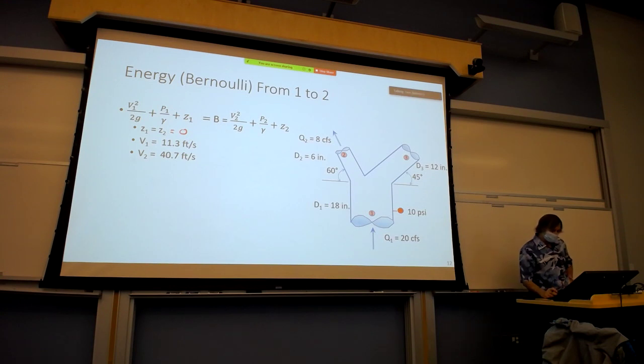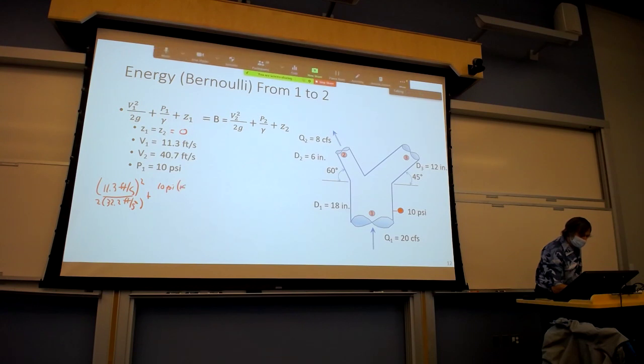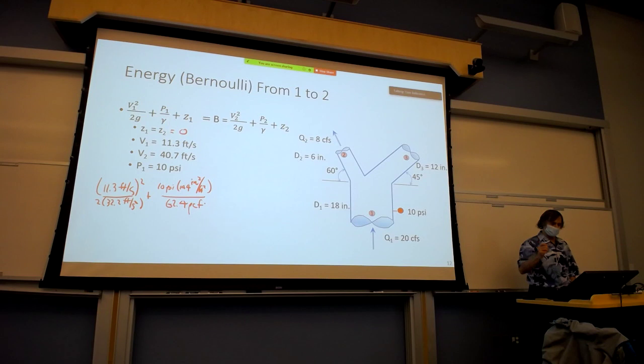And so now, knowing that P1 is 10 psi, we would say that 11.3 feet per second squared over 2 times 32.2 feet per second squared, plus 10 psi times 144 inches squared per foot squared, divided by 62.4 pounds per cubic foot. Remember, this was water. That is equal to 40.7